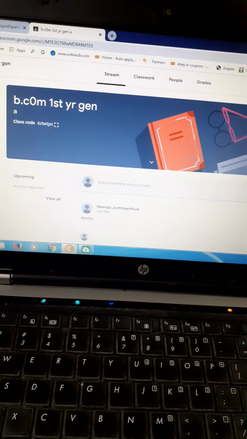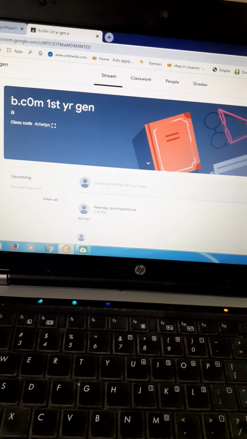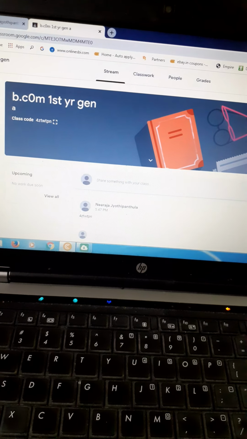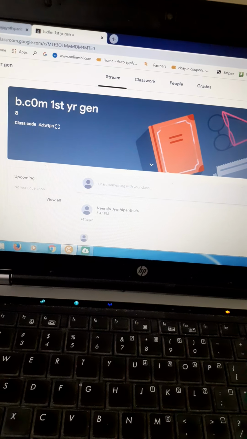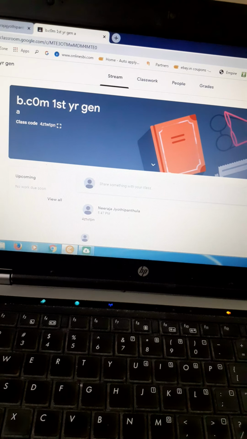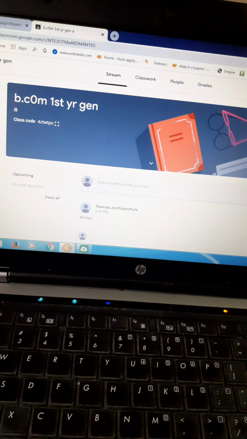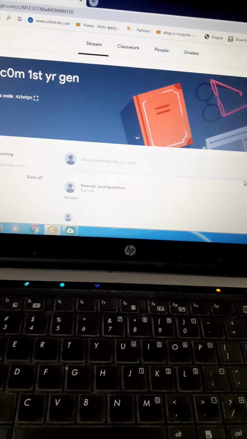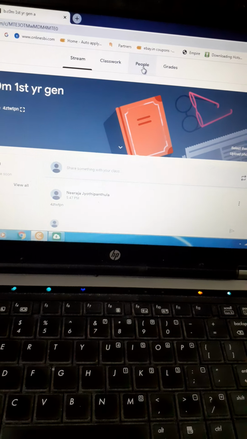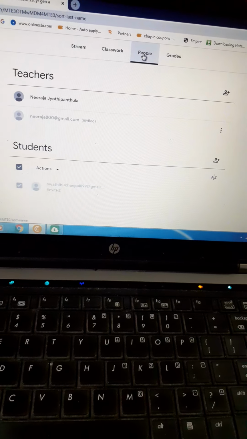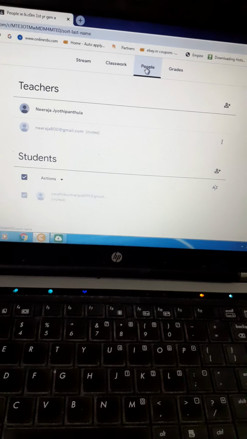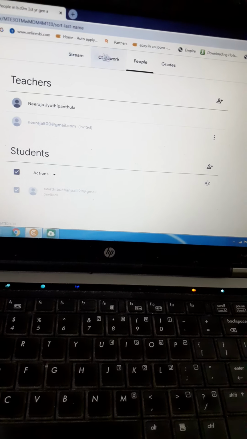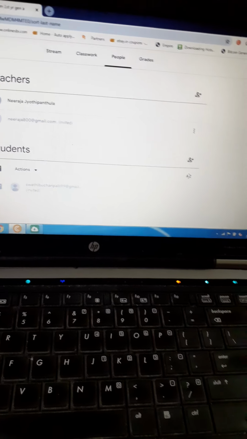But on which date and at which time we are going to take the class, that information also we have to send to students through mails. That is only known as scheduling class by using calendar. So by using calendar we have to schedule the class time. Okay, now we have to go to these 9 dots, go to 9 dots.